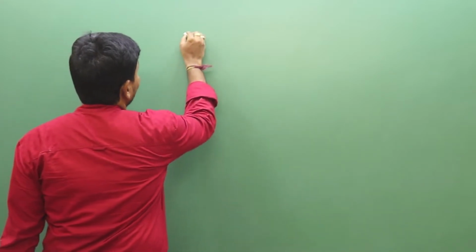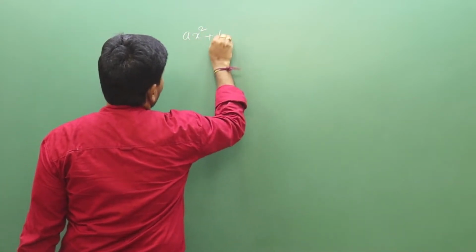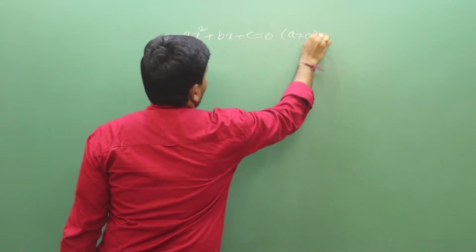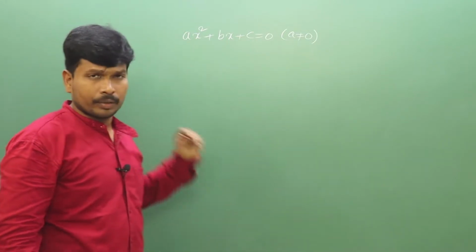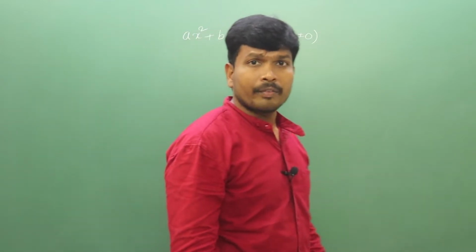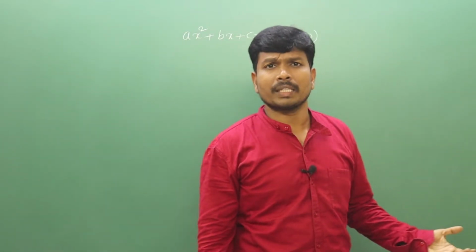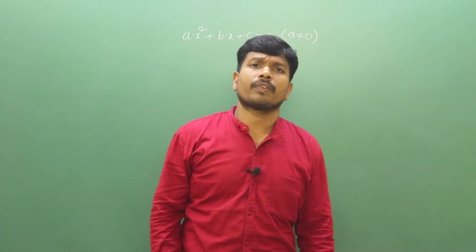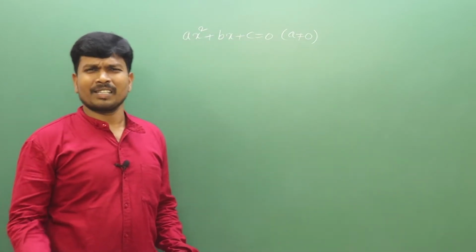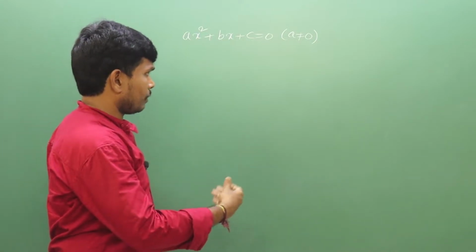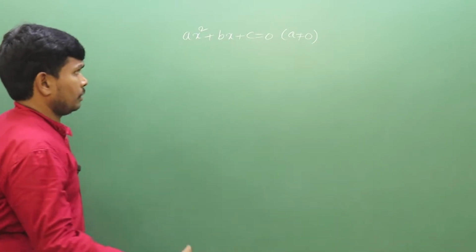What are the roots of the general quadratic equation ax square plus bx plus c equal to 0? We are finding the x values with the help of the completing the square method. Which method should we use? We have two methods now: the four a method and the usual method. I am using the four a method because it is very easy. Everything is easy, but it is better to do it well in time.